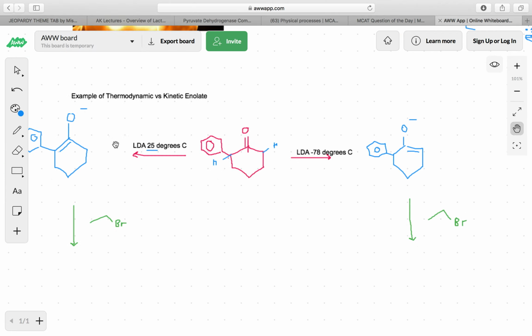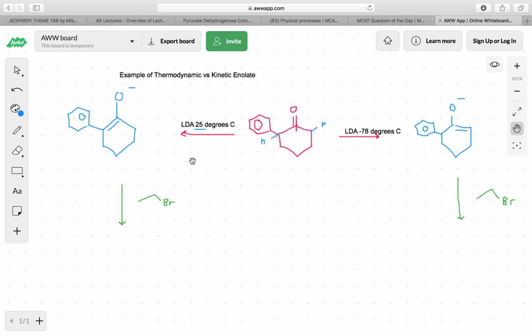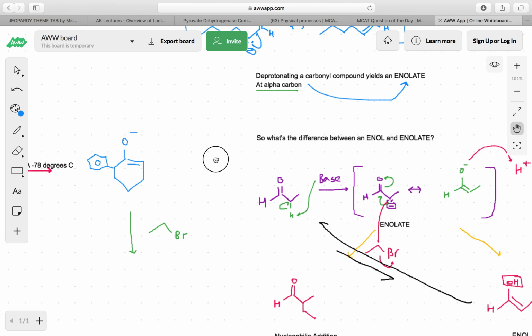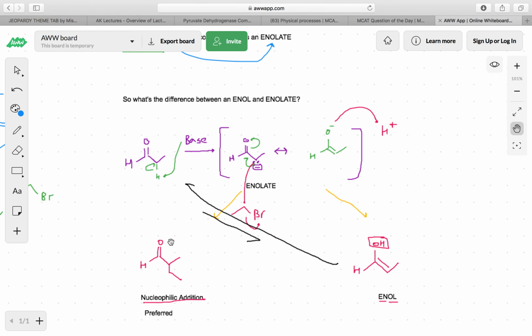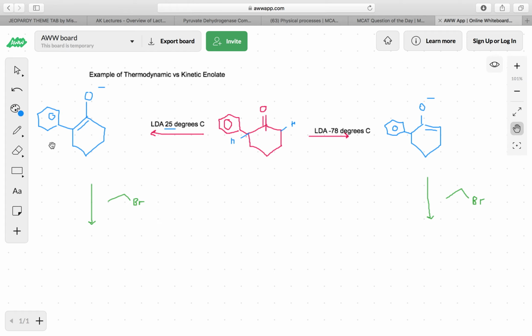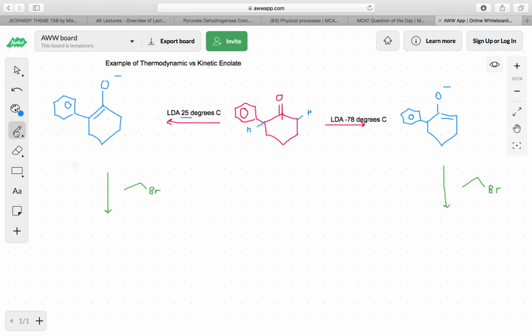Alright, cool. So now we have two different enolates. Let's add an electrophile because we know with enolates there's two ways the reaction can proceed. Remember, if we have our enolate, it can either do nucleophilic addition if there's an electrophile present, or it can form an enol if it gets protonated. So here I added an electrophile in both cases because that's just a more interesting reaction. So what we should end up getting is